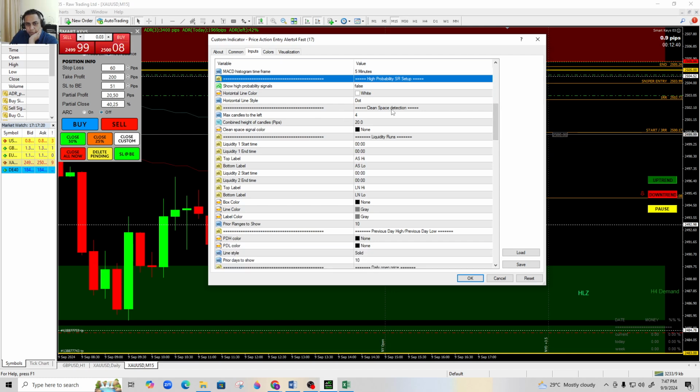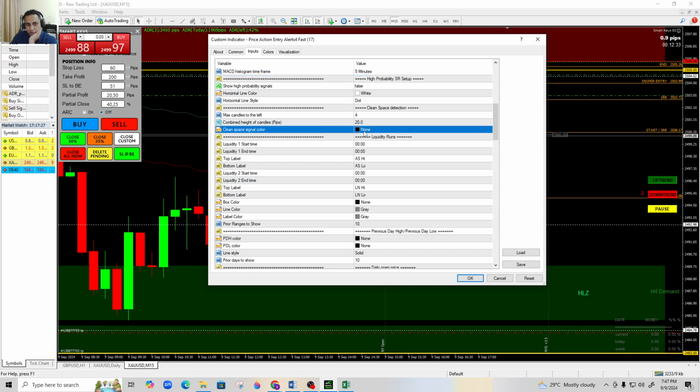Okay, clean space detection, that is if there is clean space. So again, it's switched off here, it's none, so there is no color, otherwise it'll show you a dot when there is clean space to the left. So you can take signals only that have clean space, right? I don't use it. Liquidity runs, this is when you're trading